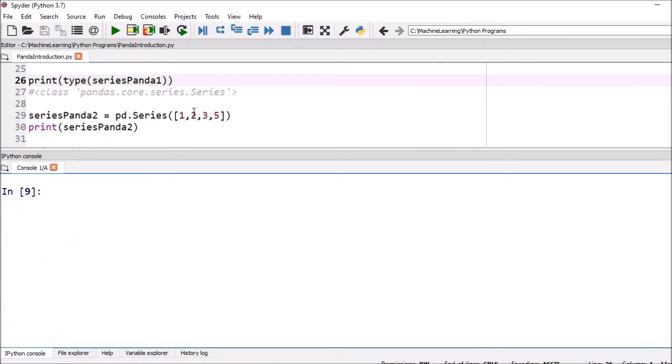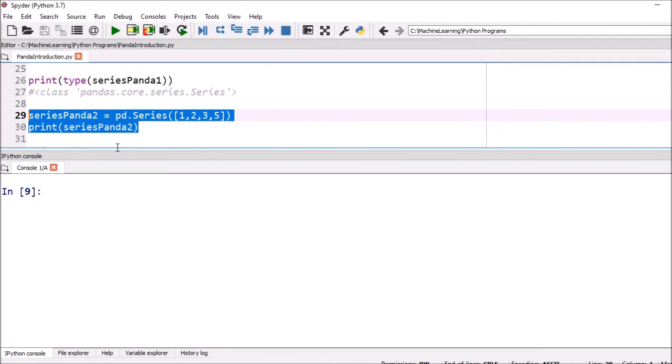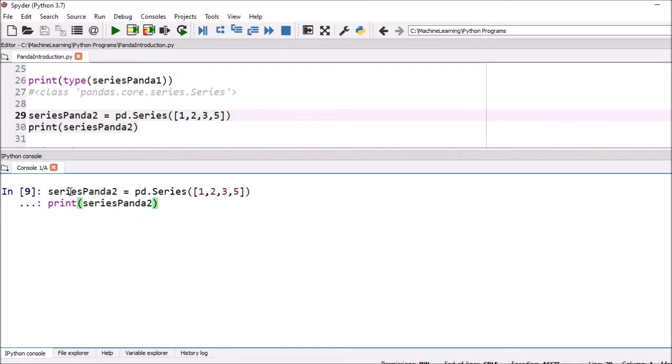Next, directly we can insert the list inside to define the pandas series. The name of this series is series panda 2, defined with pd.Series, where S would be capital, and inside the brackets we define the list. The contents are 1, 2, 3, 5.